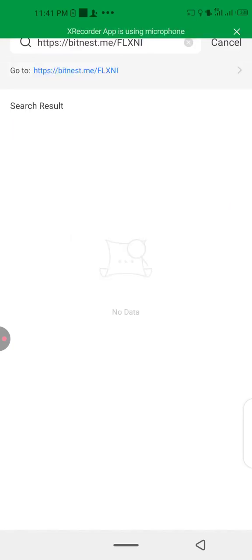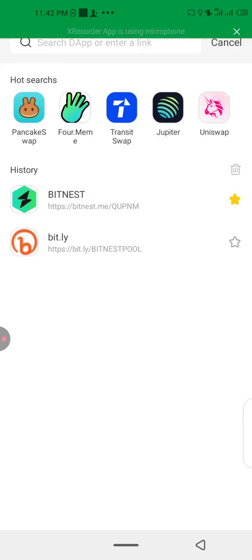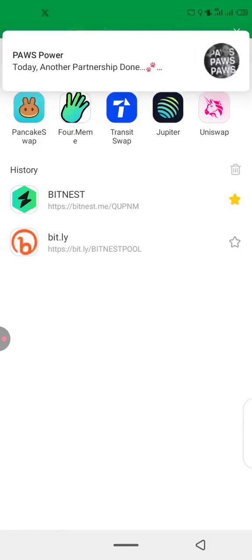Okay, so now this is the link. You will now click to send it. Once it goes, then you click to confirm on it. It will open a page. Okay, now you will click to confirm. Then you will now connect your